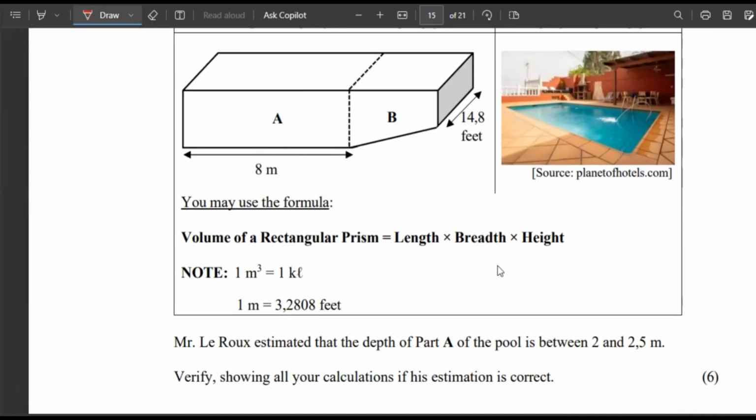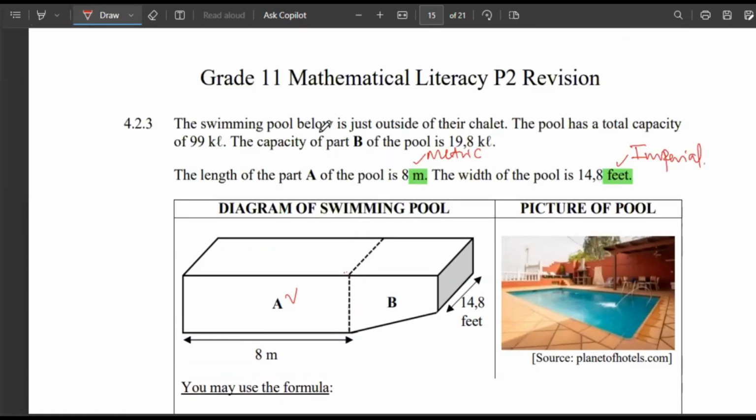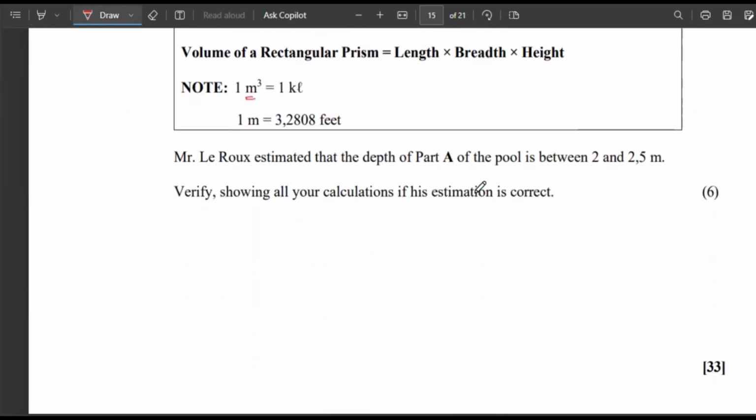So A looks like this. We need to know, so we already have the volume. The volume will have to change to meters cubed, but actually it's already, because they told us here the pool has a total capacity of 99, and part B only has 19.8. So we need to find out the volume of A. The volume of A will be the 99 kiloliters minus the 19.8, because this is the total volume of the swimming pool, but this is part B. So what's the value of part A? We subtract that